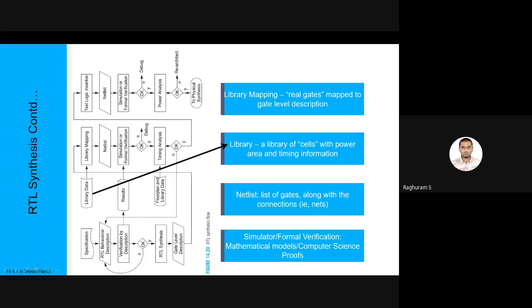We have a small library, and it's not just a picture of a gate. It's much more information than that. A library means that somebody has not only created the layout, they have also done characterization, meaning they have performed simulations and generated the power consumption and timing information for that particular gate. So it might be a 2 input NAND gate, and its area might be, say, 0.1 micrometer square, and the power consumption might be some 10 nanowatts. This information is available in a file called a library, and the problem with that is it has a limited